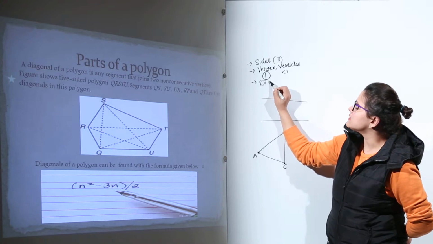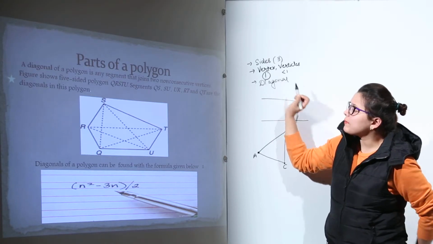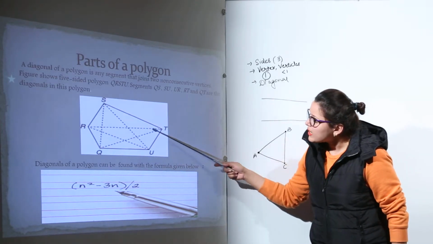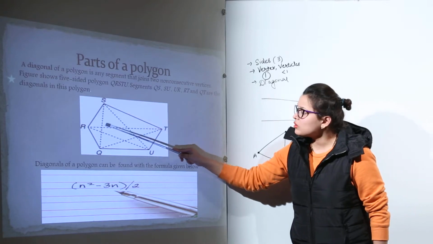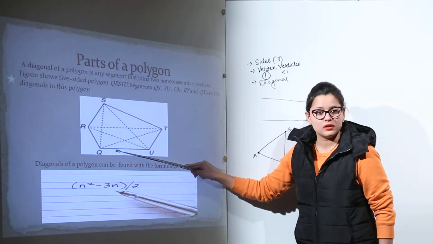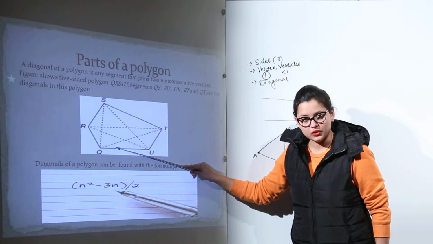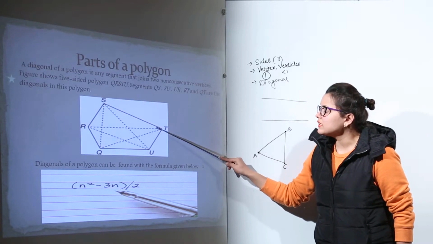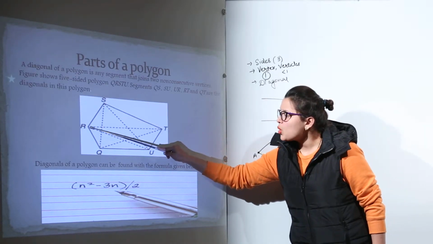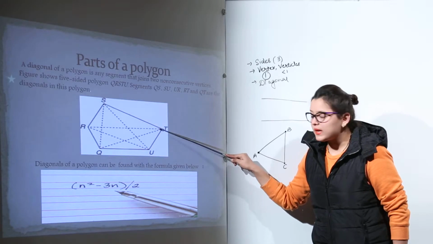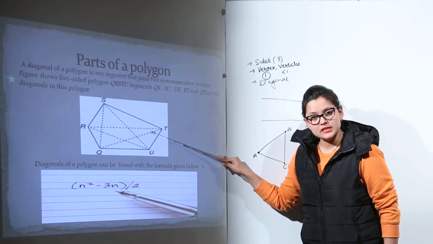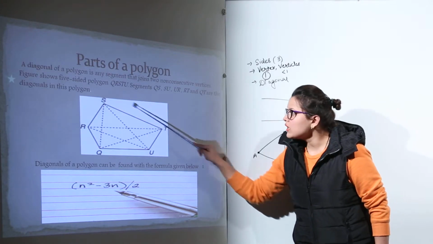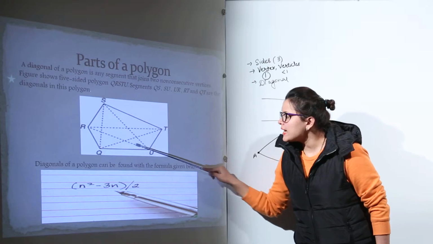Now what are diagonals? I have taken up an example over here. This is the shape, this is a polygon. Why is it a polygon? Because it is a closed shape. First of all, it is a closed figure, means there is no gap in the continuity. Second thing is that it has more than 3 sides. Let us count 1, 2, 3, 4 and 5. Now this shape has 5 sides. There is no gap in continuity. How many vertices does it have? 1, 2, 3, 4 and 5.